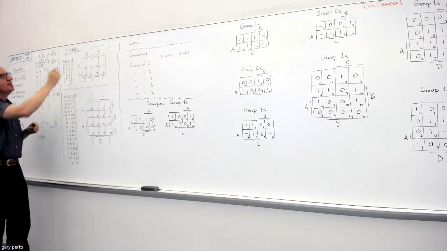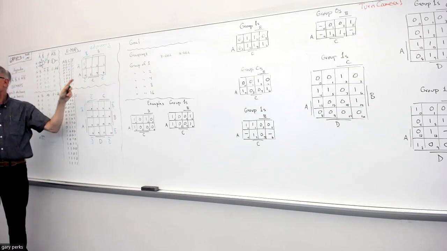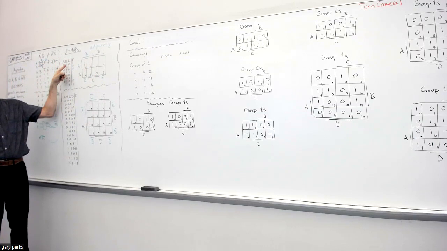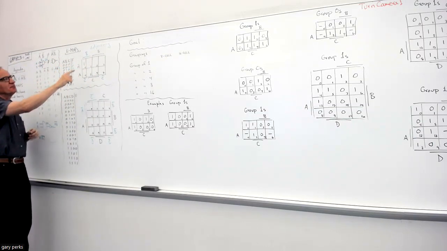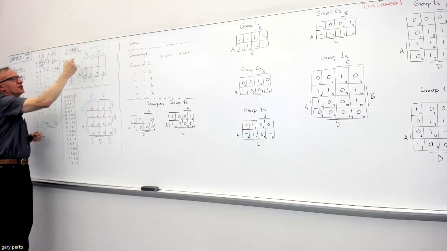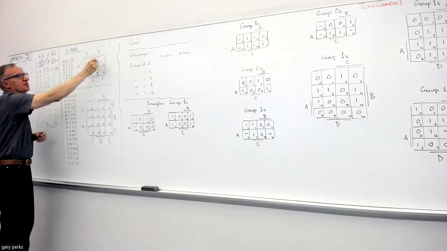Well, we would put a 1 in the cell with the 0. Now we call these numbers for each cell in a Karnaugh map indexes. So index 0, which is the output for input 0, that's what I put here. For cell 1, I would put the output for binary 1 from the truth table, so that would be a 0. And for cell 2, I put the output for binary 2 in the truth table, so that would